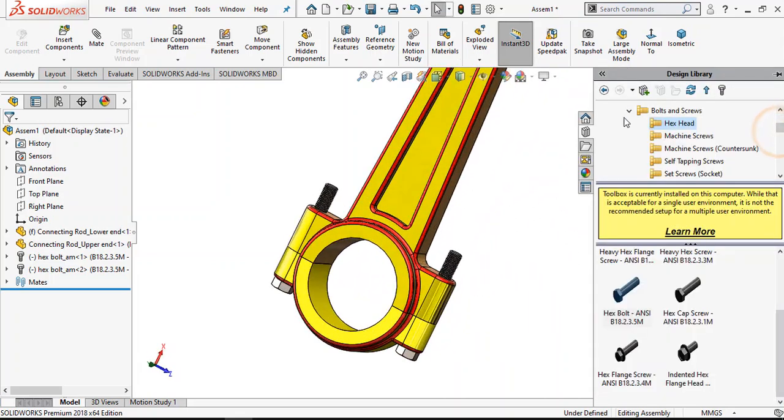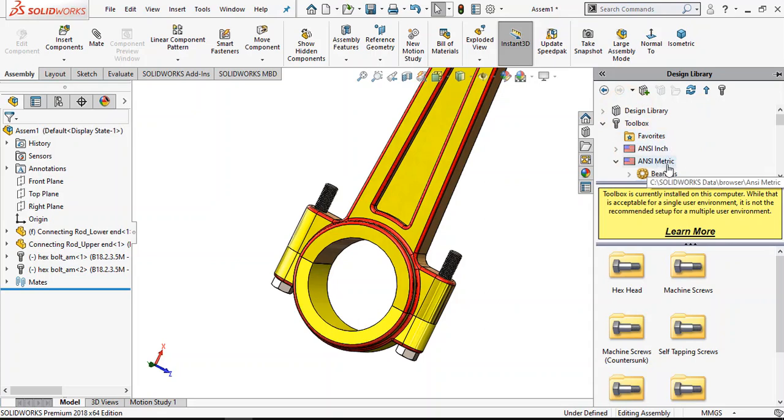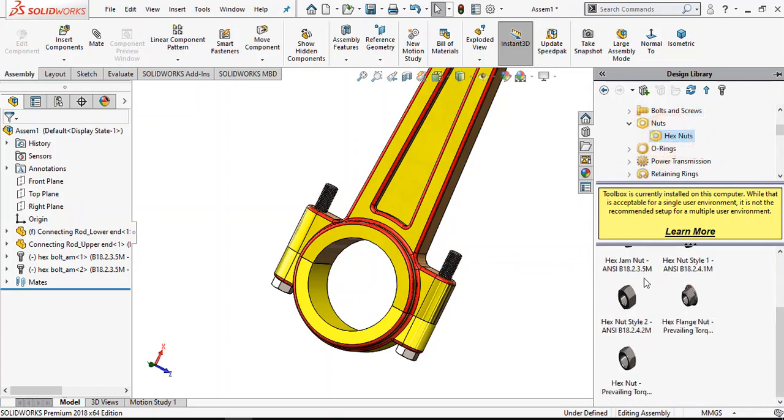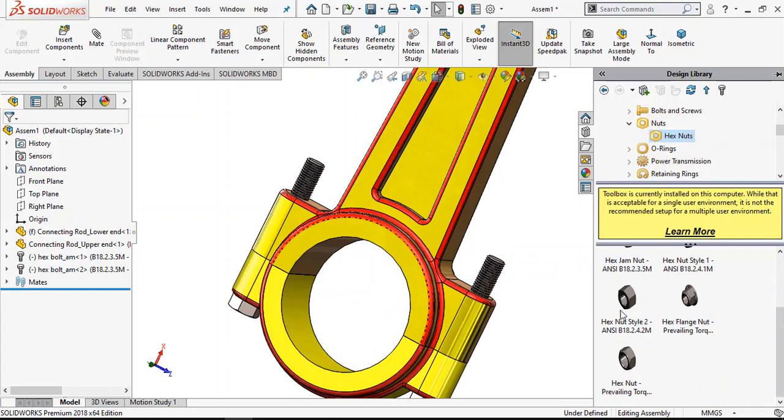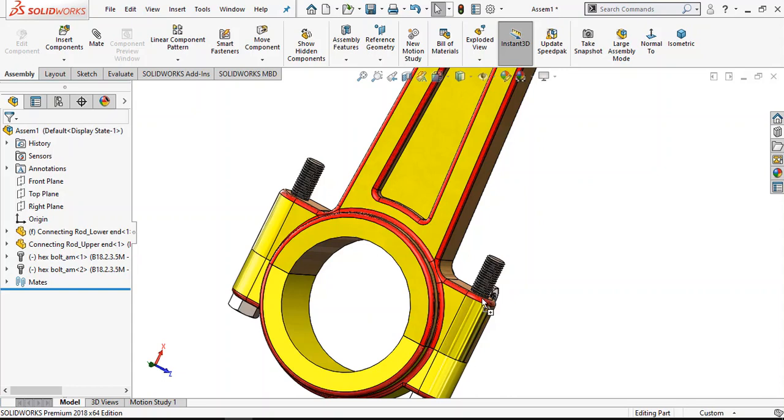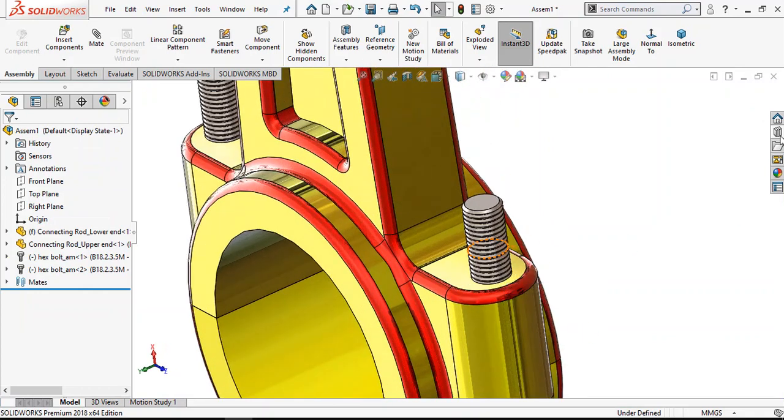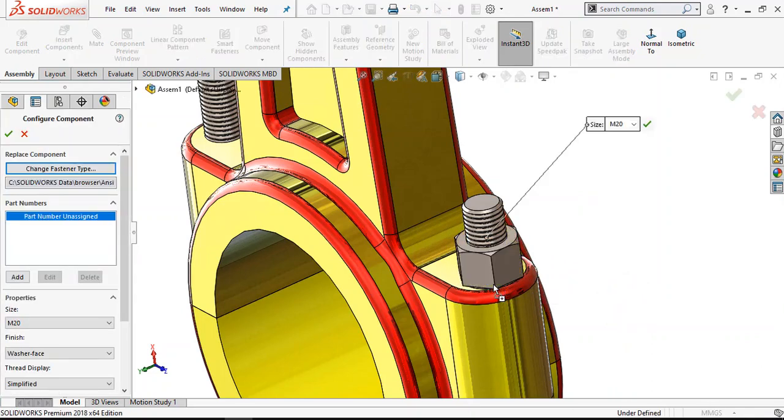Now again go to design library and in the ANSI metric standard you will find nuts option here. Select hex nut. Now select this nut, hex nut style. Okay, escape. Now drop this from here to here. M20.